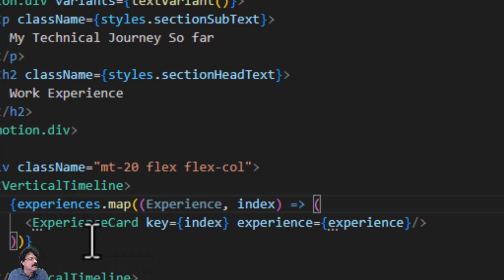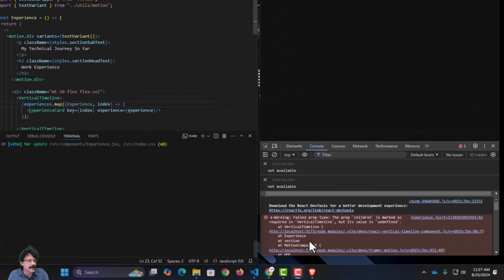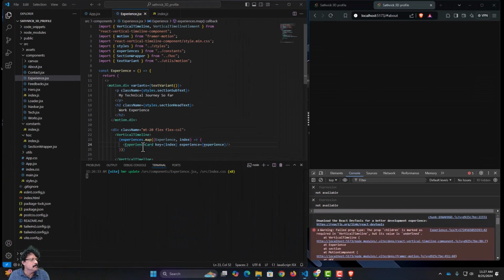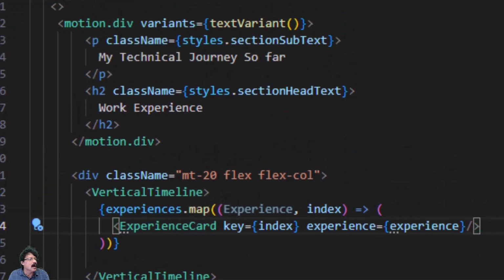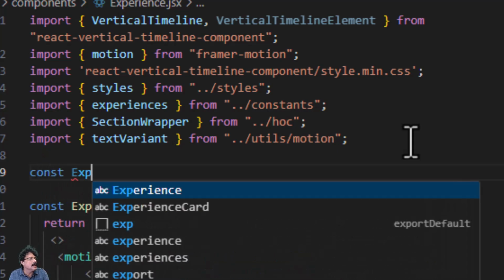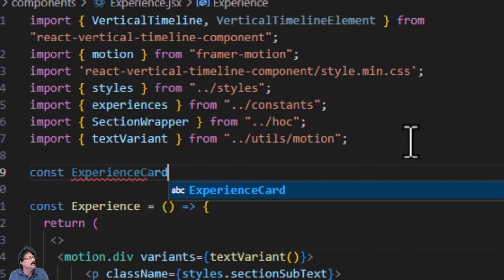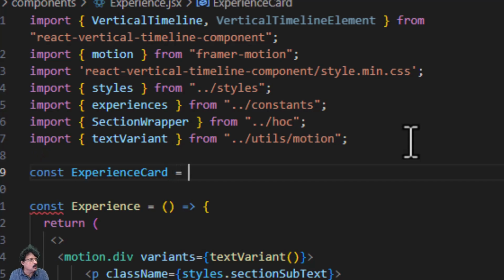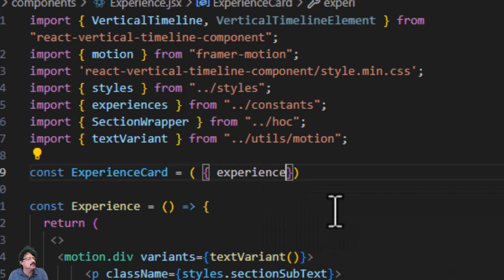Now the next job is we have to define this experience card. We are getting a lot of errors now, and the entire site breaks because this experience card is not defined. I will move to the top, and below the import I am now going to define const experienceCard, and I am going to make it equal, and in open close brackets, this is a function, in open close parenthesis I will add one flower bracket, and I am going to call experience, that is singular experience, and then come out of this bracket because this is the parenthesis. Then I am going to add an equal sign and greater than sign,